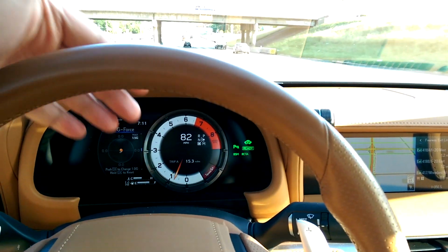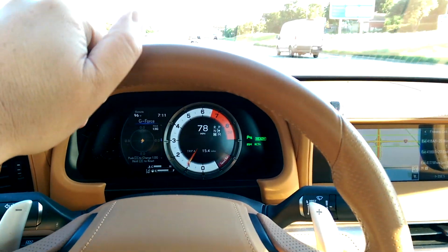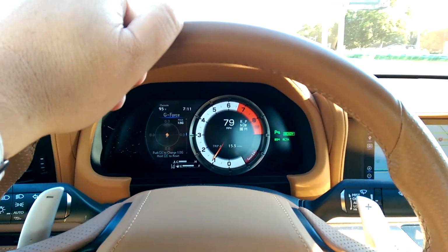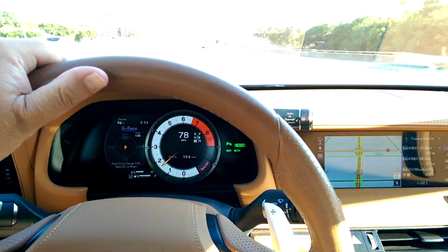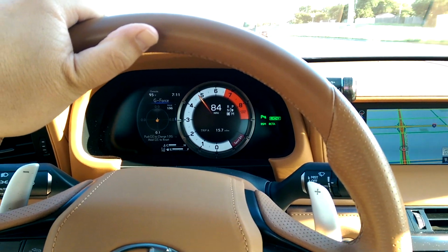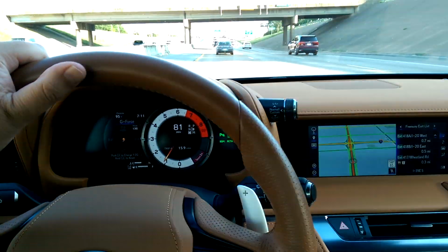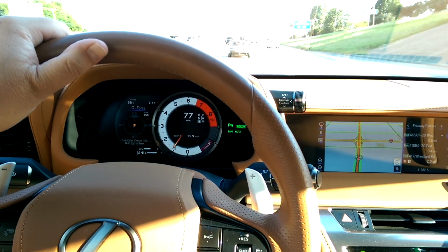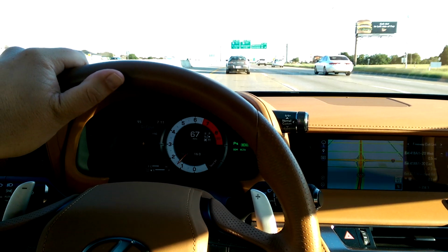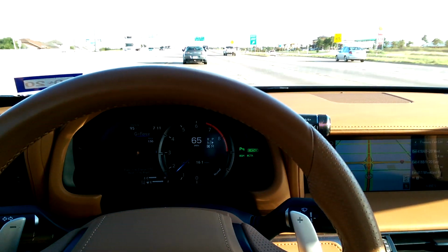There's some stuff where you should be able to get into a vehicle and not have to read the manual. And so far, there are a few things where we need to pull it out and reference something. I'm sure once we understand it, we'll never have any confusion. But do you really want a really complicated car that you can't valet? Put it in a normal mode now. Let you know what this is like in your typical daily commute